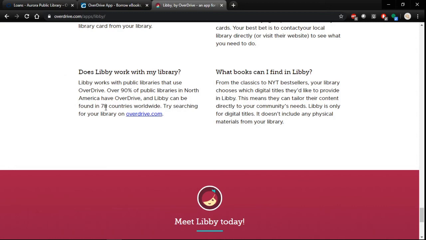Those are our categories. Those are how to access it. Go to the Aurora Library homepage and click on that Libby button, and you'll be able to access our entire ebook